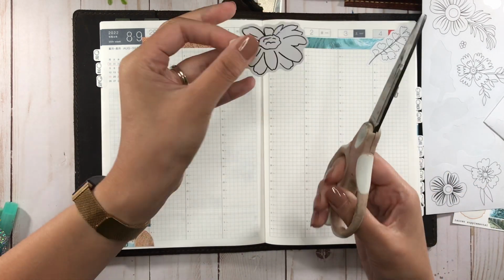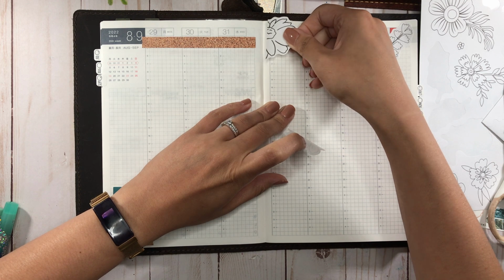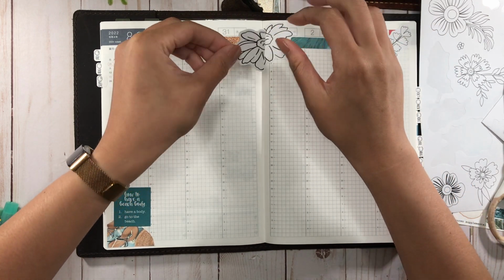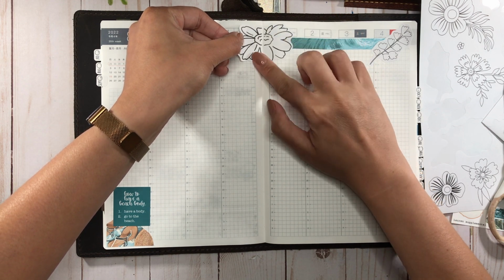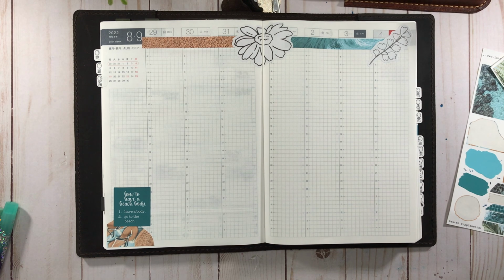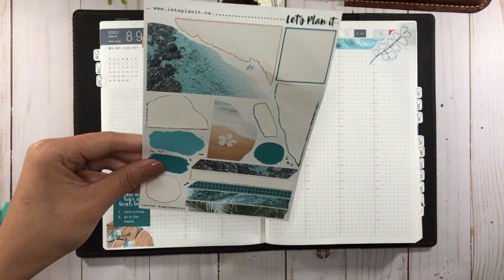I love doing this because this way you have the benefit of really getting the most of the sticker and not losing any of it. And then there isn't this big bulky thing in the middle of your spread either. It's a nice effect, I think, anyway. All right, so that's done and that's done. Let's move these out of the way. Let's clean as I go. Then let's see here. Okay,